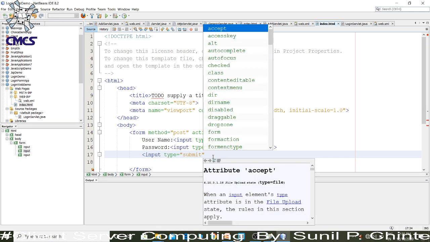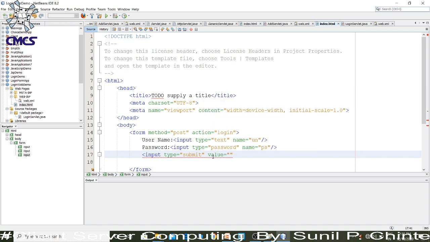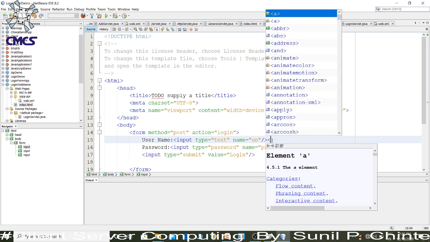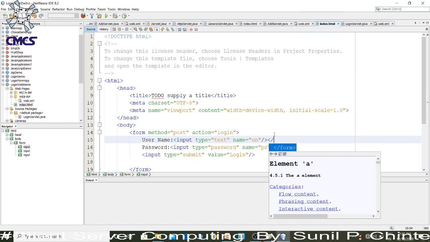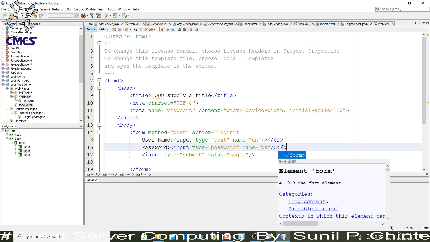Then the value, we are using the value as login. For getting the output on the next line we are using the BR tag, break line, and similarly here also.